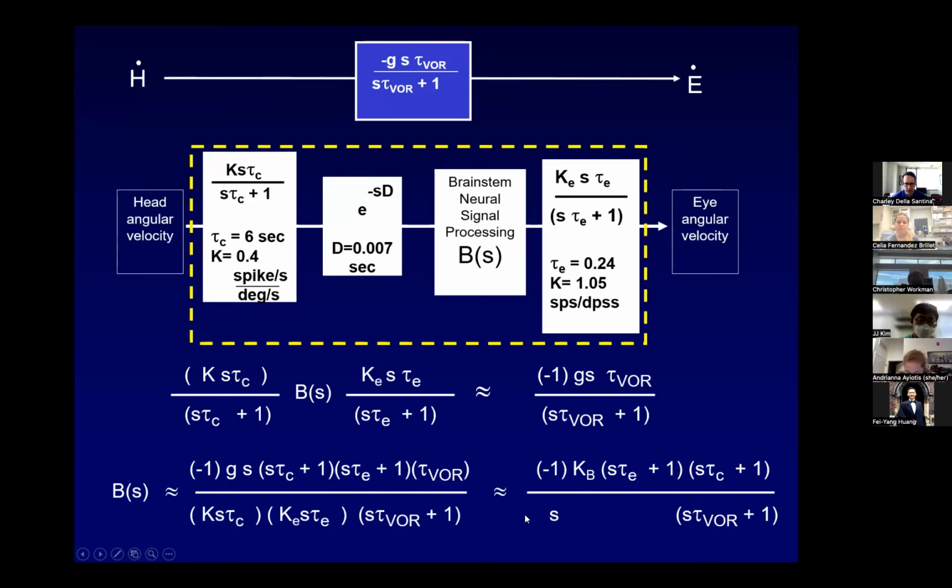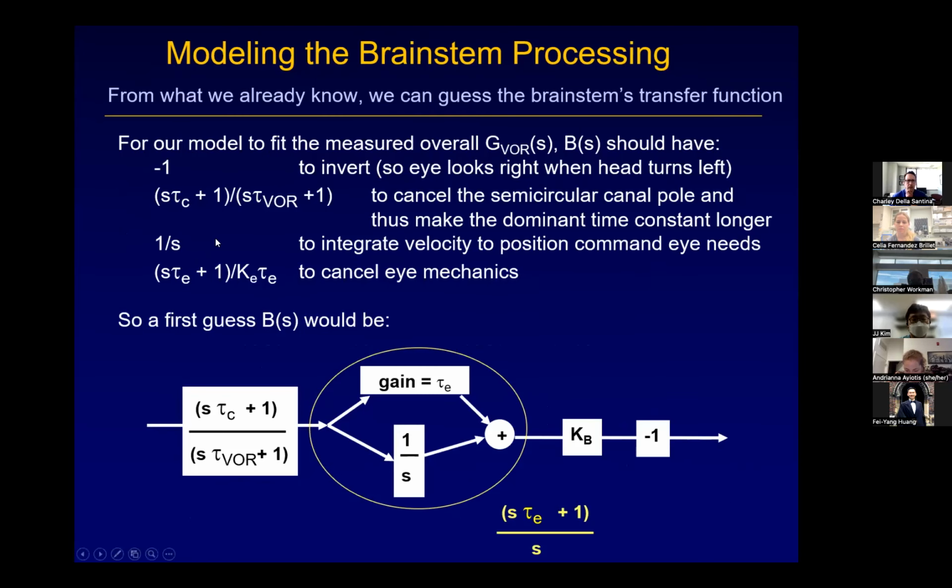And then it also seems like to make the math work, there has to be a 1/s somewhere. And I told you before, that's a Laplace transform for integration of a signal in time. And there's a -1, because after all, when your head goes to the left, your eyes have to go to the right. There's this thing that kind of stretches out the time constant of the system and makes it so the VOR responds for longer than the semicircular canals alone would do. There's an integration